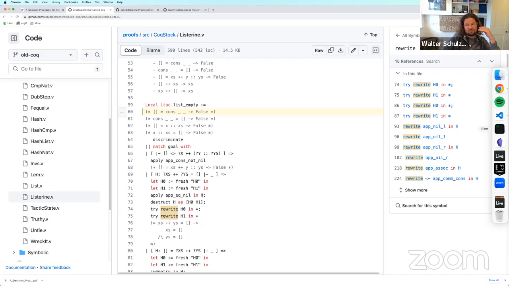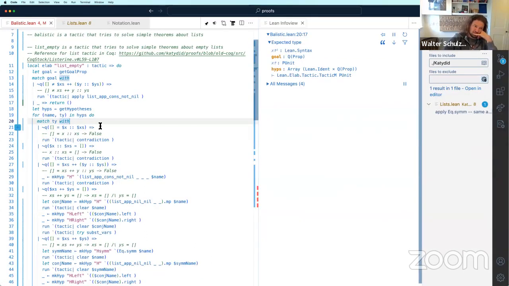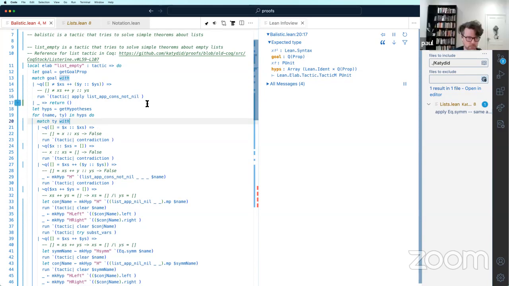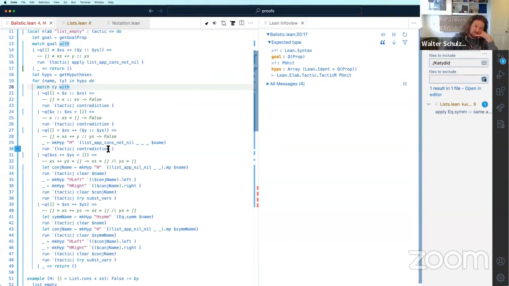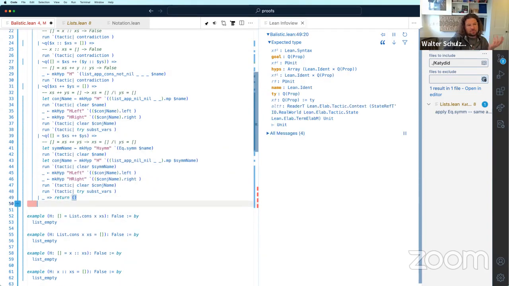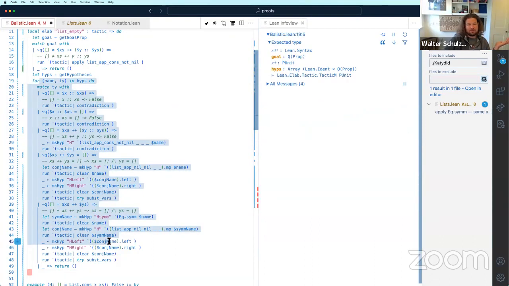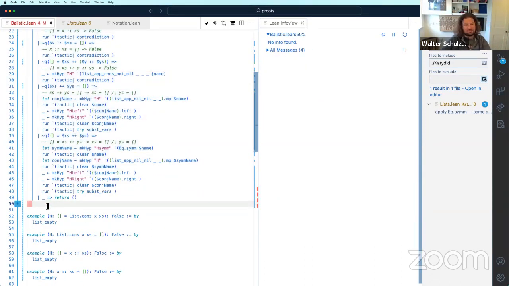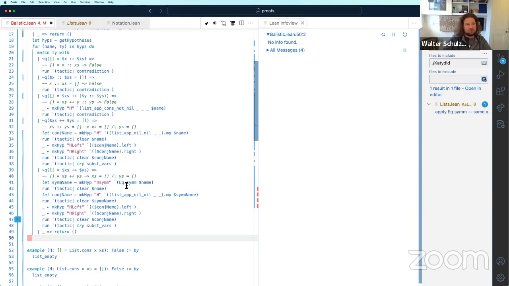So it feels a bit harder to control. Maybe there's a better way, or we don't care. Otherwise, we can just say, after you tried things on the hypotheses, let's just run some tactics. So maybe let's do that. But I think it would be nice to control it more later.